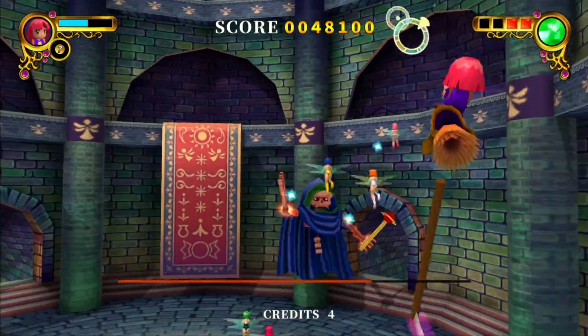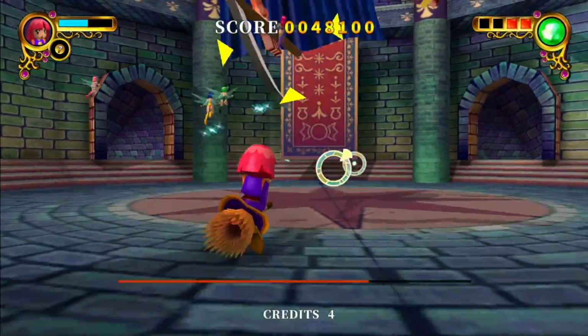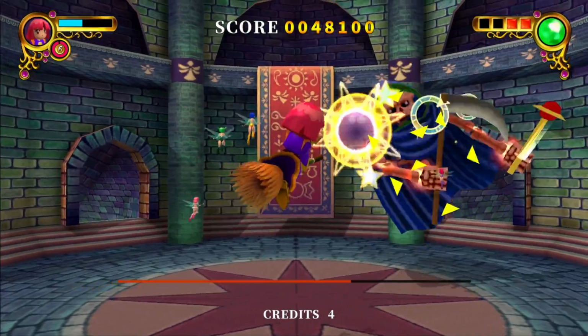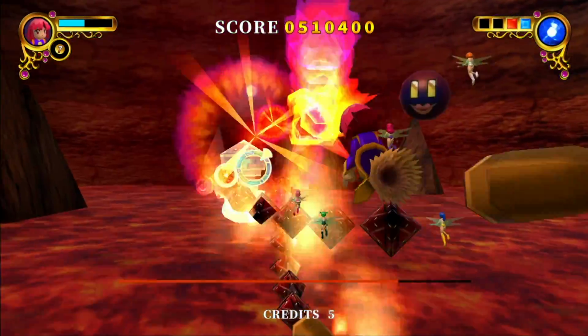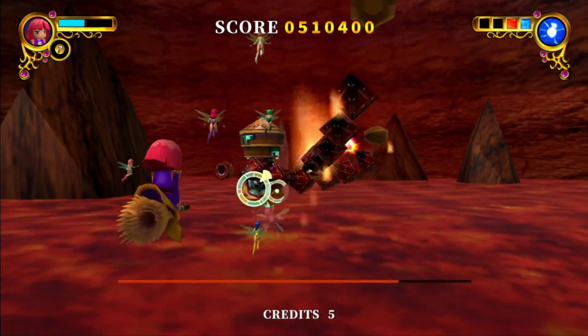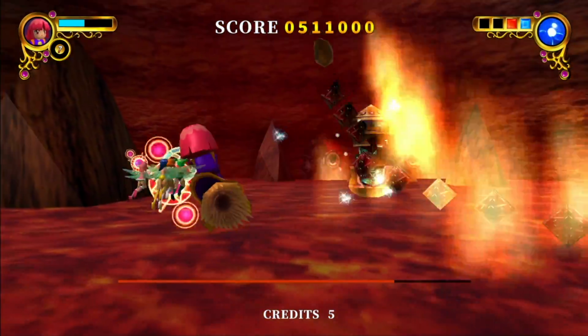The targeting reticle isn't always directly in front of you, meaning your arse doesn't block it the entire time. That's good. You can also lock onto enemies now with the fairies, that's nice as well. Bosses also have a health bar, thank god. It doesn't make this mini boss inside the volcano any less perplexing, but hey, at least you can see that